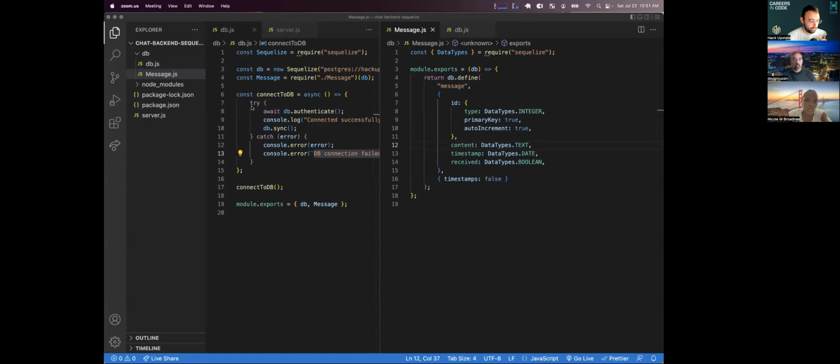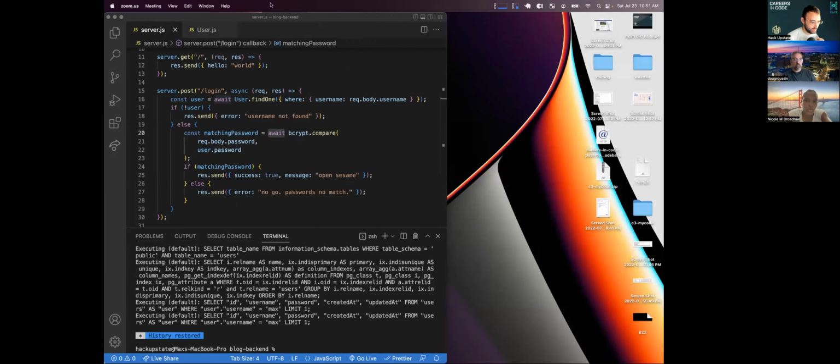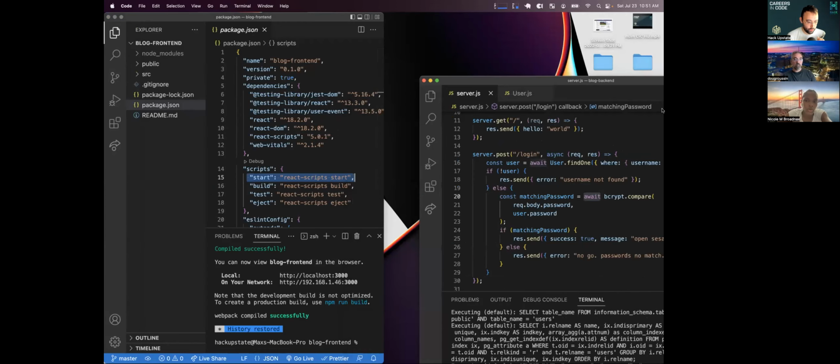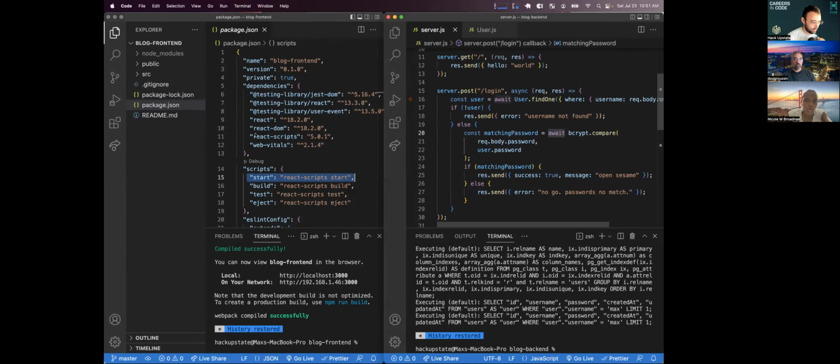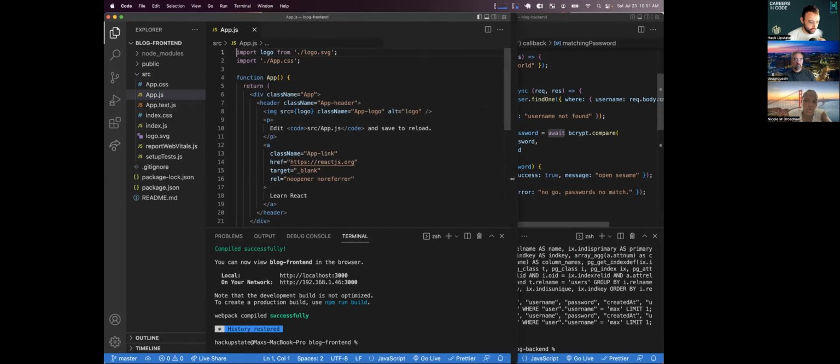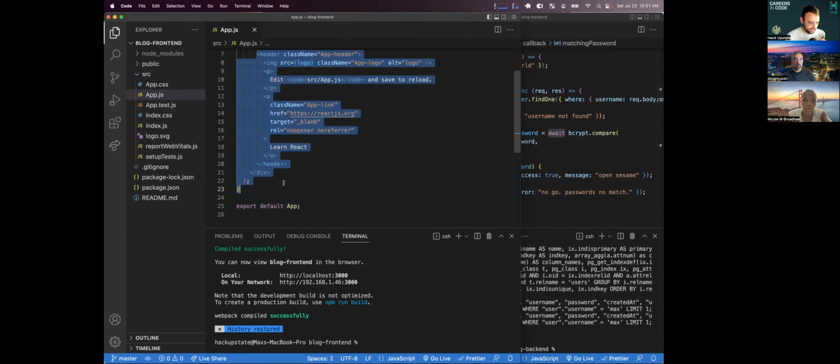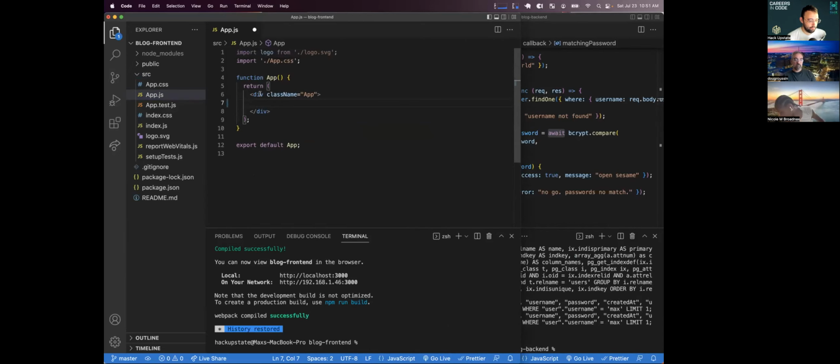I'm going to share my screen. And so this is chat. I don't want to be in chat. I want to be in blog. So what we're going to do in blog is we start in the front end, right? So I'm going to just nuke out the stuff that's already in here. And in the front end, I'm going to say, all right, I want to go get all of my